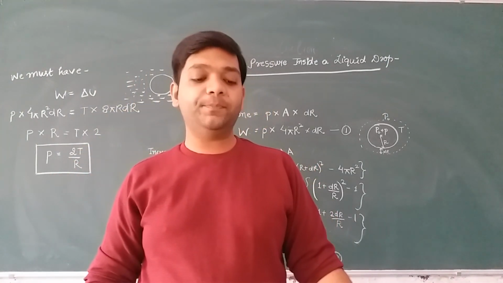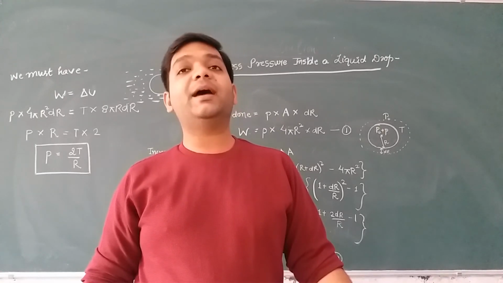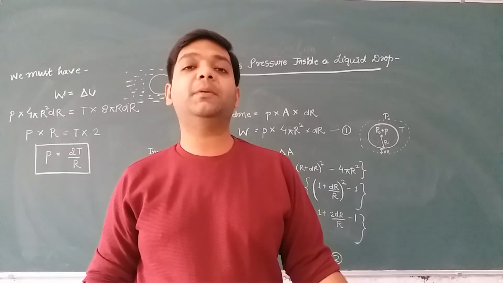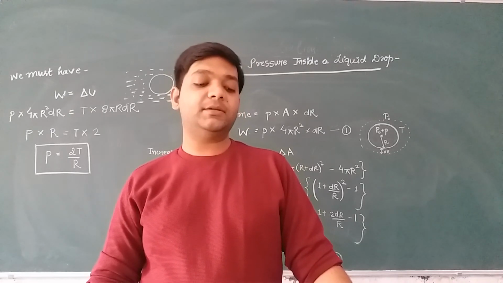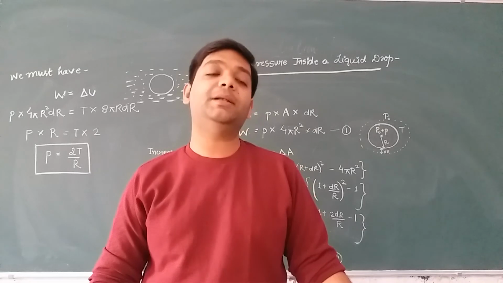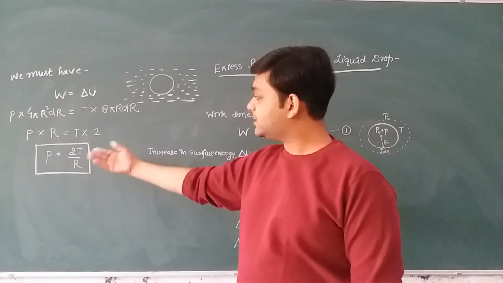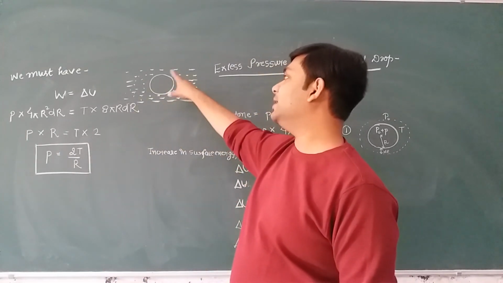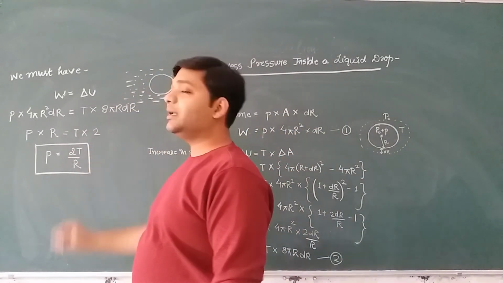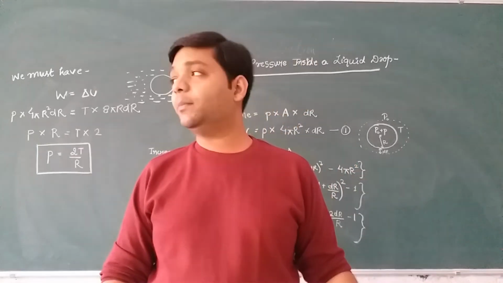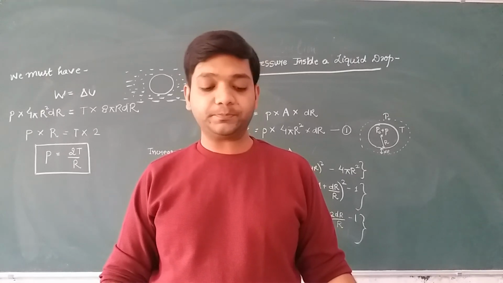So, full stop. So, the excess of pressure inside an air bubble is given by P is equal to 2T by R. This is the same expression we will use to calculate the excess pressure inside an air bubble. Okay? Here T is the surface tension of the liquid and R is the radius of the drop or the bubble. R is the radius of the air bubble. Okay? I hope this is clear to everyone.